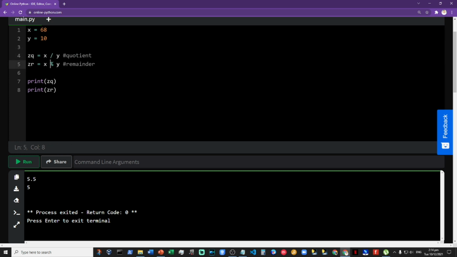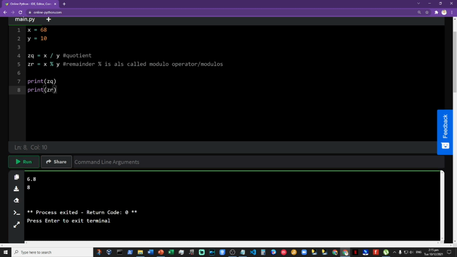Here, since you're using the modulo operator, the percent sign is also called modulo, the modulo operator or the modulus. So if you're going to run this,